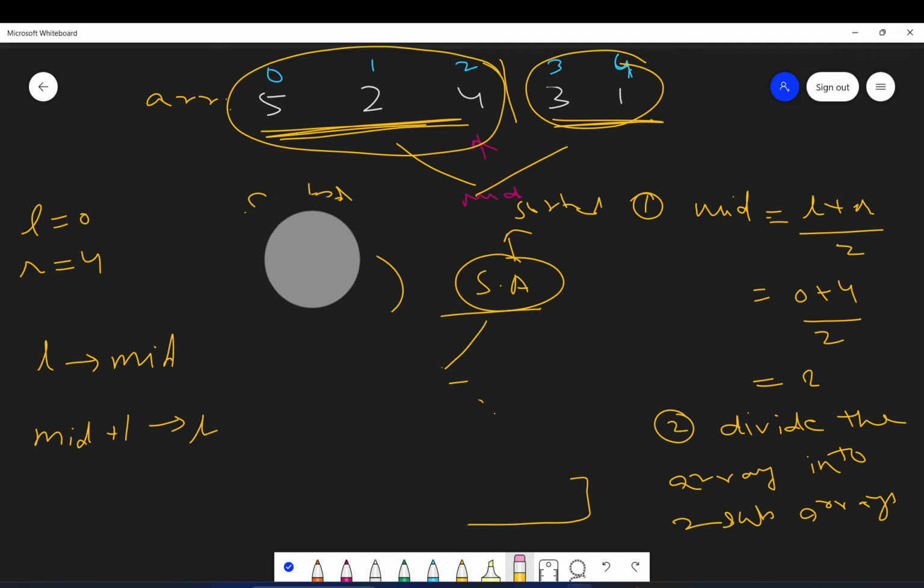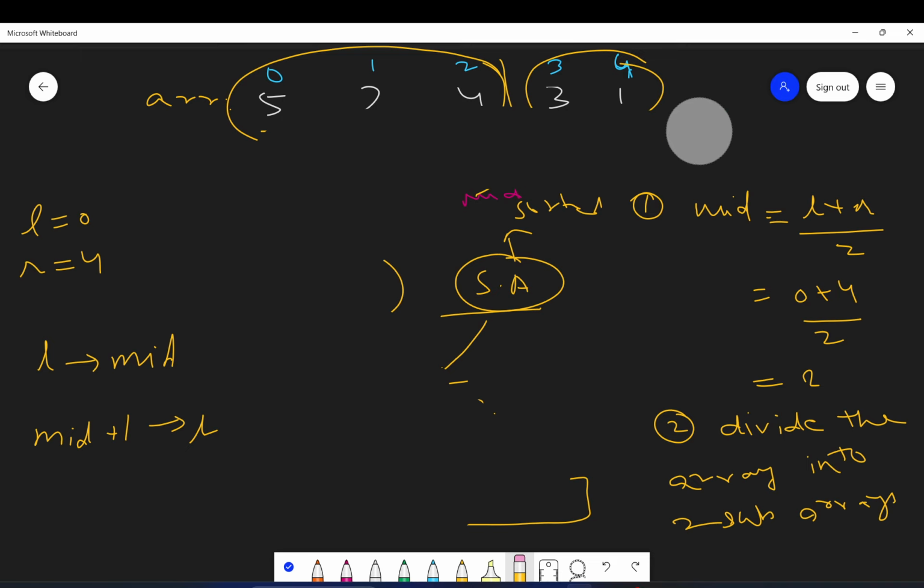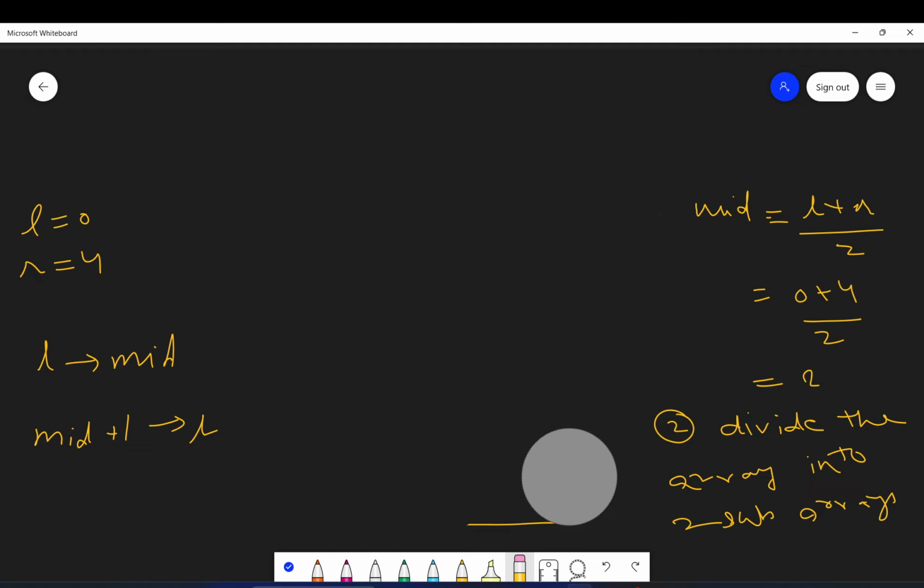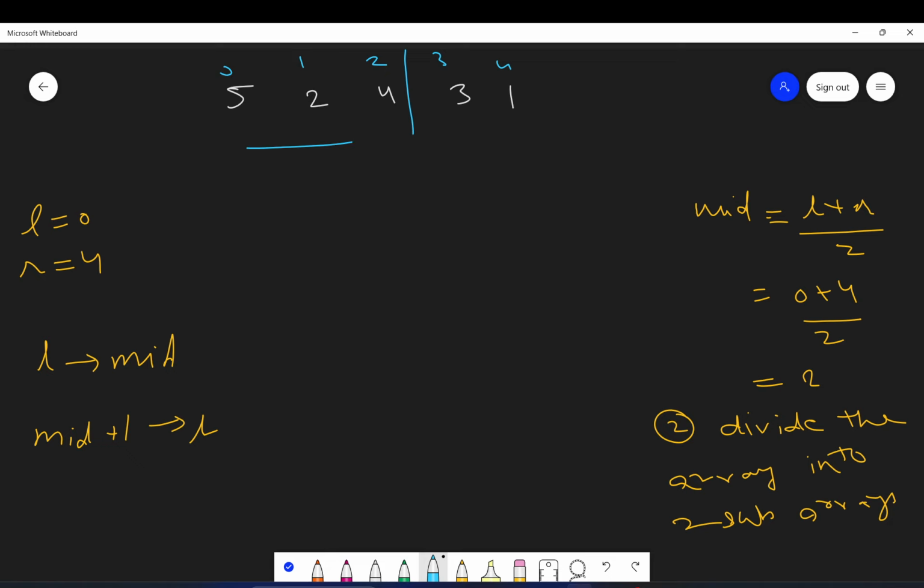So what we have done as of now is divide this array 5, 2, 4, 3, 1 into two halves, that is, the first half is the first subarray and the other is the second subarray. Now here recursion comes into the picture.